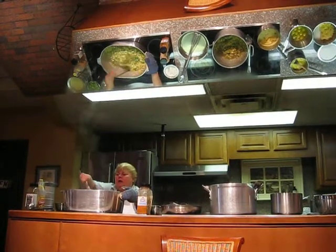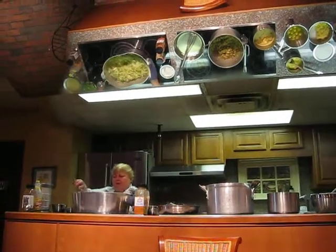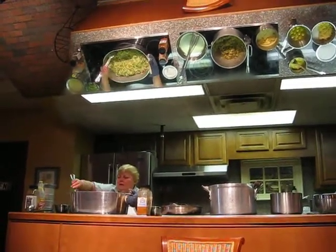Mix your garlic in well. I'm going to turn our pot around. I lost my fire. All my fixings